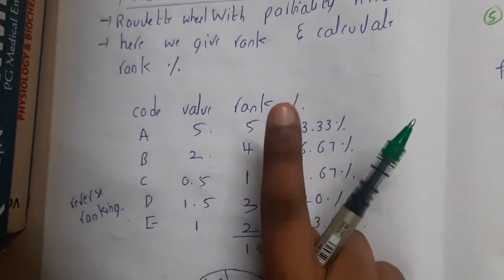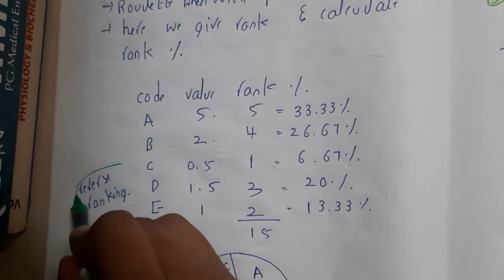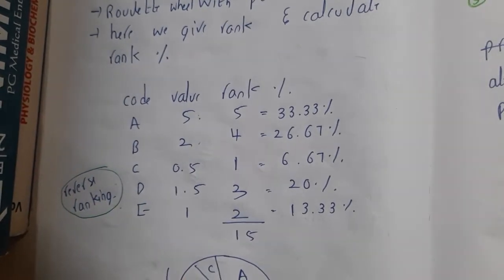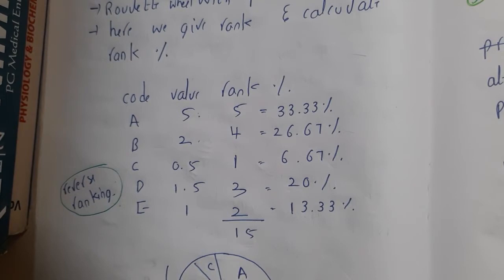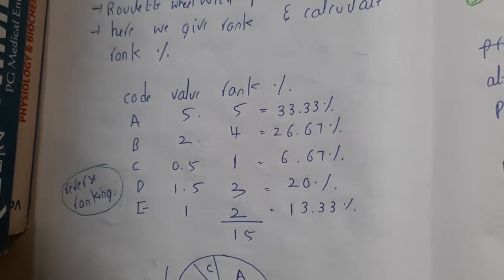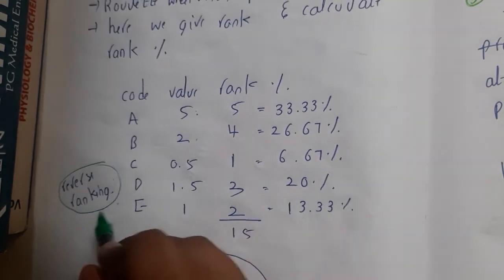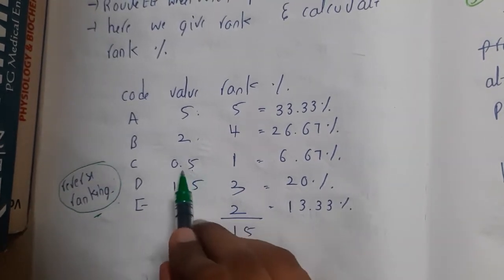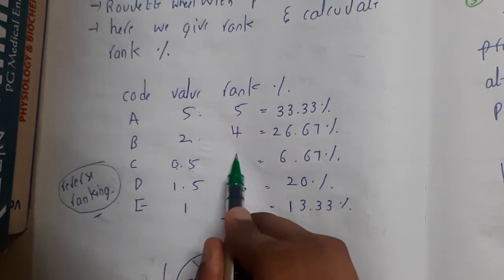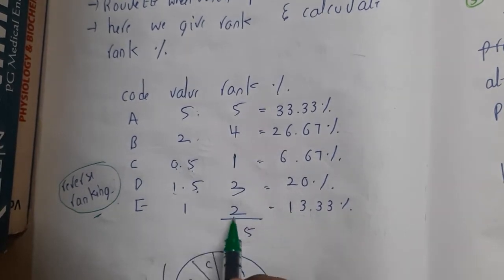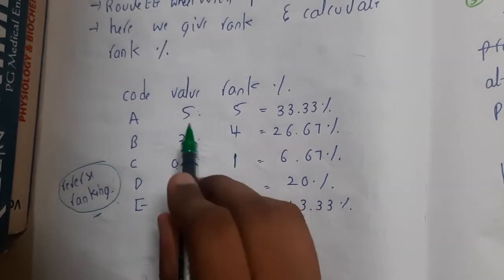The only thing you should remember is that here we'll be giving reverse ranks, guys. Most of the time, when your parents ask what your rank in your class is, you'll jokingly say that from last you're the first ranker. In the same way, here also we'll be giving ranks from the last values. So 0.5 will get first rank, 1 will get second rank, 1.5 will get third rank, 2 will get fourth rank, and 5 will get fifth rank.